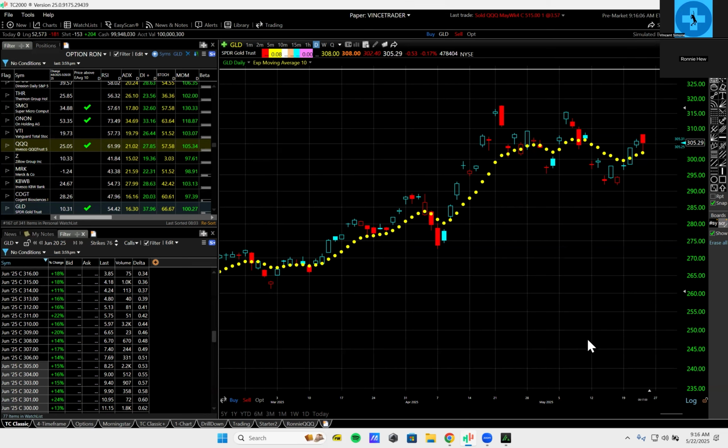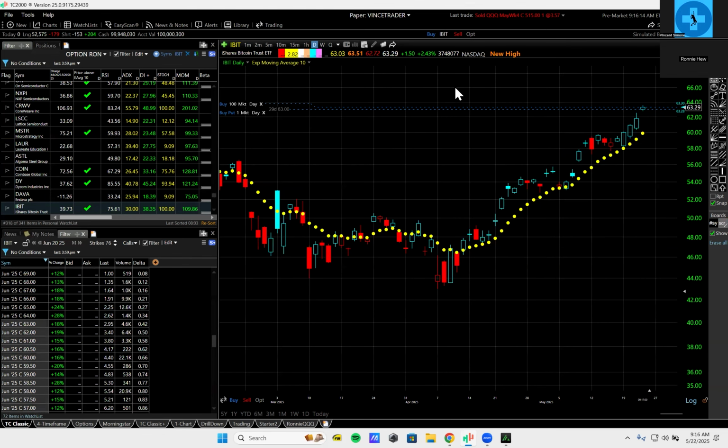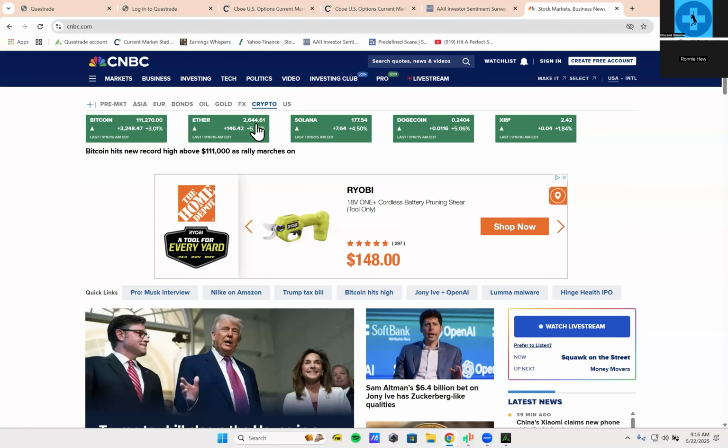People are gonna have a big headache trying to do these trades. Just saying. And as for Bitcoin, I don't know how you're gonna pay 111,000 for one coin, because that's the price right now. See this number here? Yep. Bitcoin cost of one coin looks like $111,270. That's what I read, and that's US dollars.